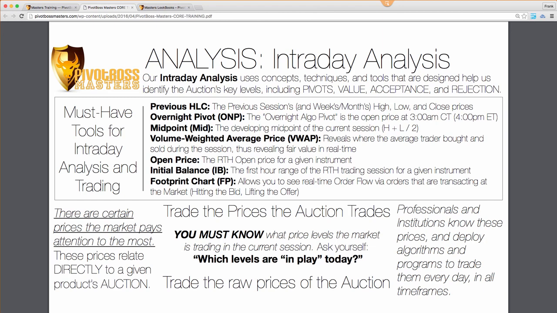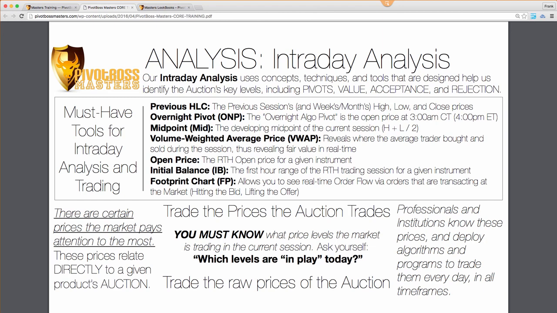Even when the market is wrong in defending a level, the short squeeze or the long liquidation that usually comes after it is usually still worth trading. So there's a whole lot of great trade ideas and entry opportunities throughout a day that you can trade based off the initial balance.